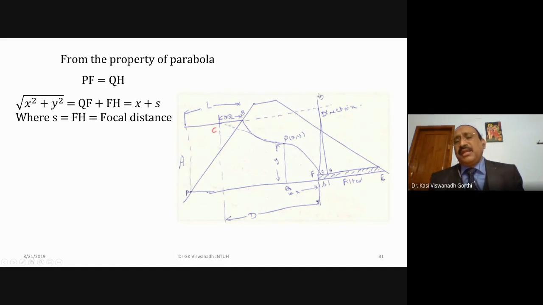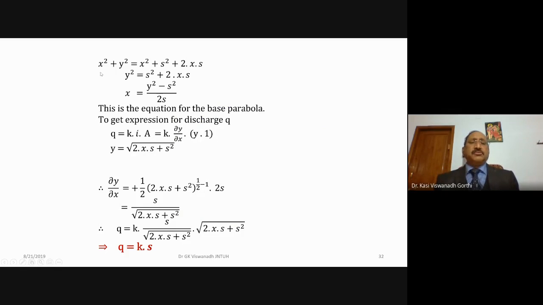The H is from the directrix. So the distance FH is S, which is on the filter. And x and y are the coordinates for the point P, which is on the base parabola. So PF will be equal to QH, or square root of x square plus y square must be equal to x plus S. Taking square on both sides,